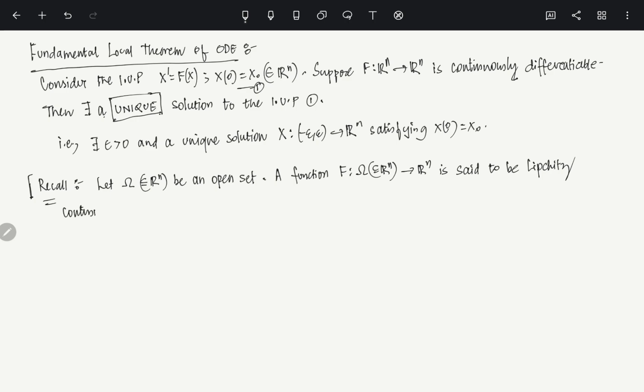We are going to need this concept here. That is why we are just saying Lipschitz continuous on omega if there exists k. This k of course is positive such that